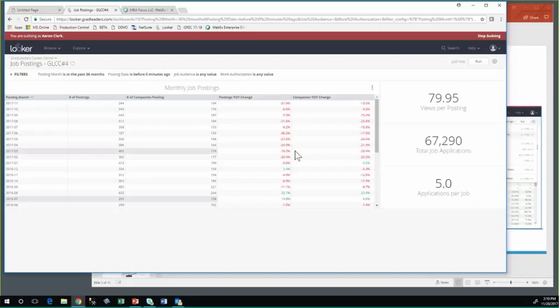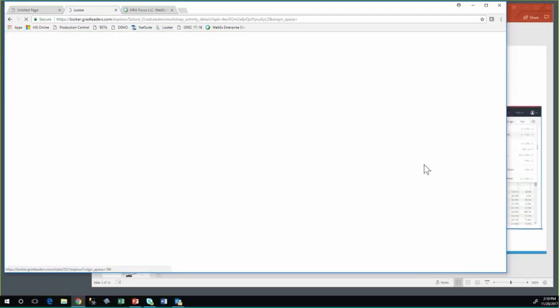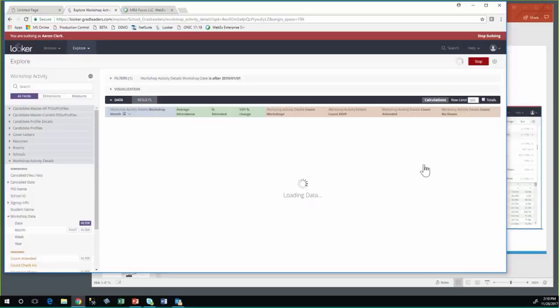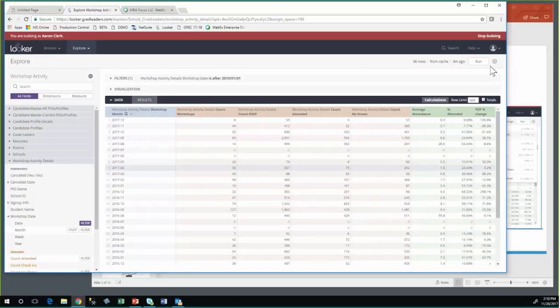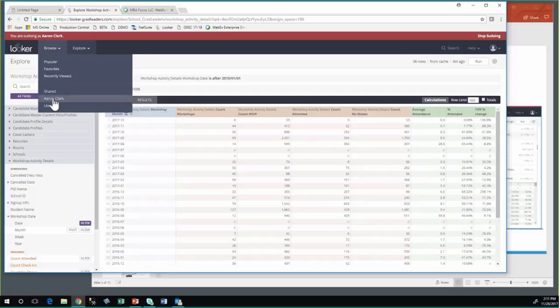So how do you create one of these? Well, let's go back to Aaron's space for a moment. And you've got a couple of things you can do. Number one is if you've got a look that you like and you want to start to build a dashboard with it, you know, you can always save it to a dashboard if you've got a dashboard created. But if you want to make a brand new dashboard,